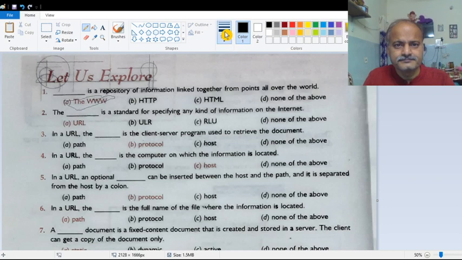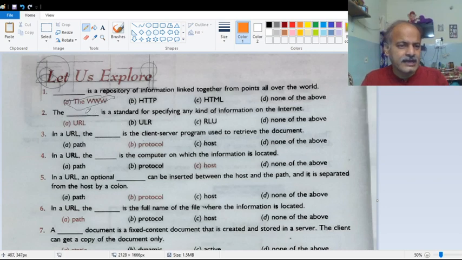Then the second question: blank space is the standard for specifying any kind of information on the internet. URL, ULR, RLU, none of these.